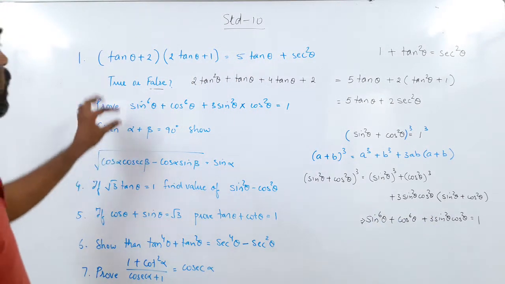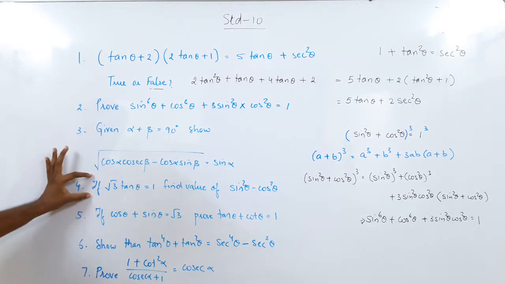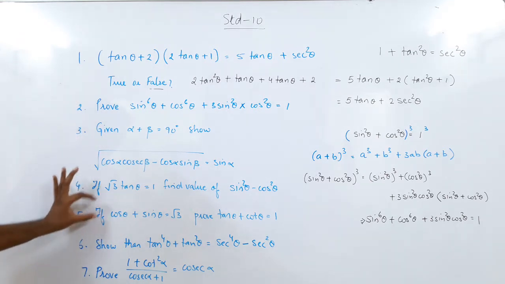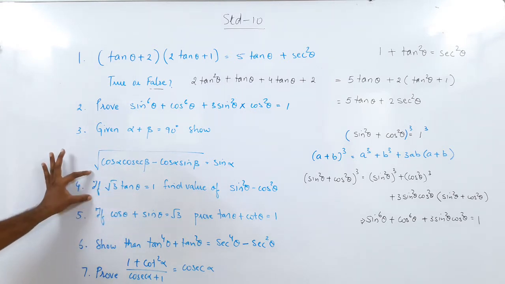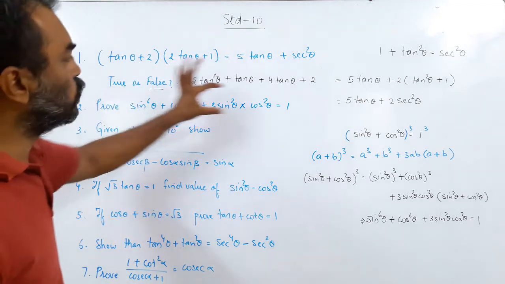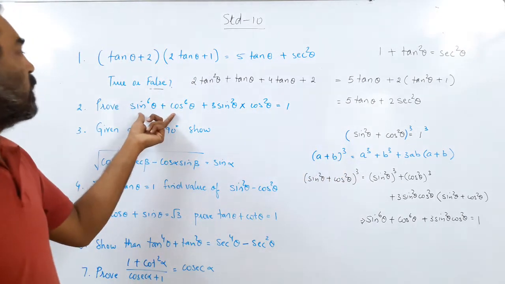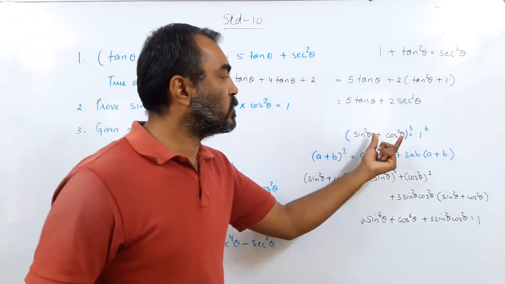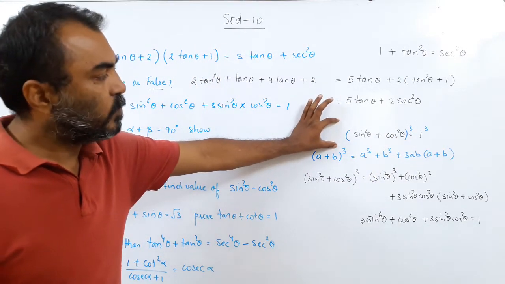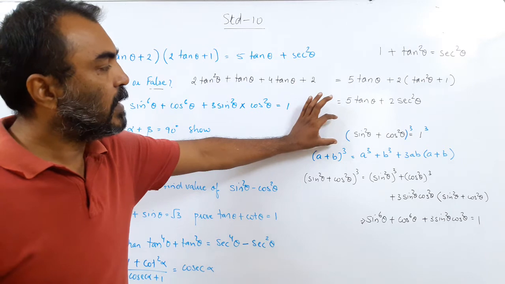So here what approach did I take? I was given nothing here. I was just given a proof. Suppose I was given a question like if this, then this. There is a question like this also, where a condition is given, and then you find the answer. But here there is no if condition. It directly asks to prove. So in this sum I have to take something which I know, something concrete about sin and cos. So I took sin square theta plus cos square theta equal to 1. This step is the important step. This is the step where you put your logic to use, and it makes you think differently.